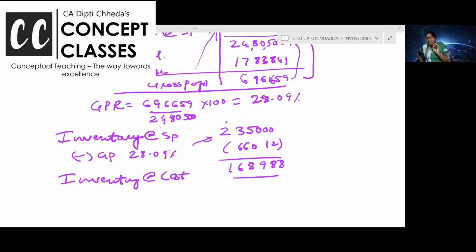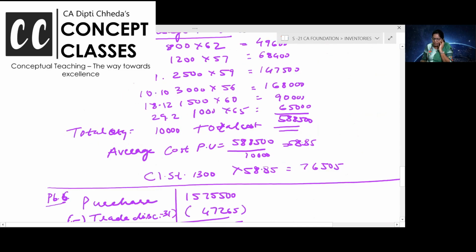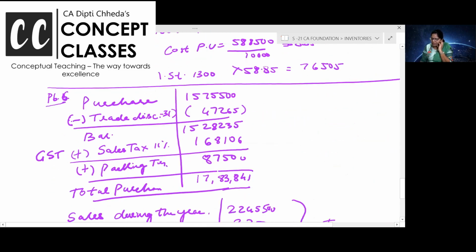A 7 marks problem like this, you can expect in the exam. Ask your doubts. I missed writing the method in the heading. This is the fourth method. Till yesterday we did three methods, LIFO, FIFO, weighted average. Write down wherever there is space: Method 4, adjusted selling price. In sales, you minus profit and